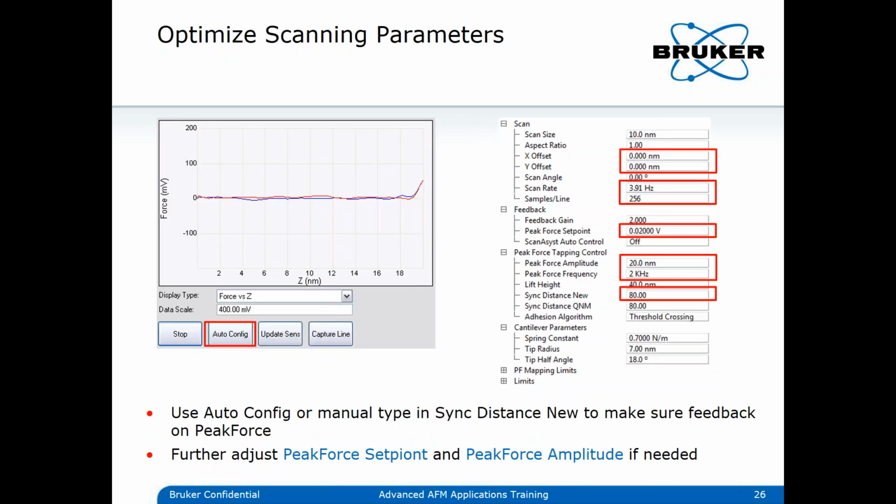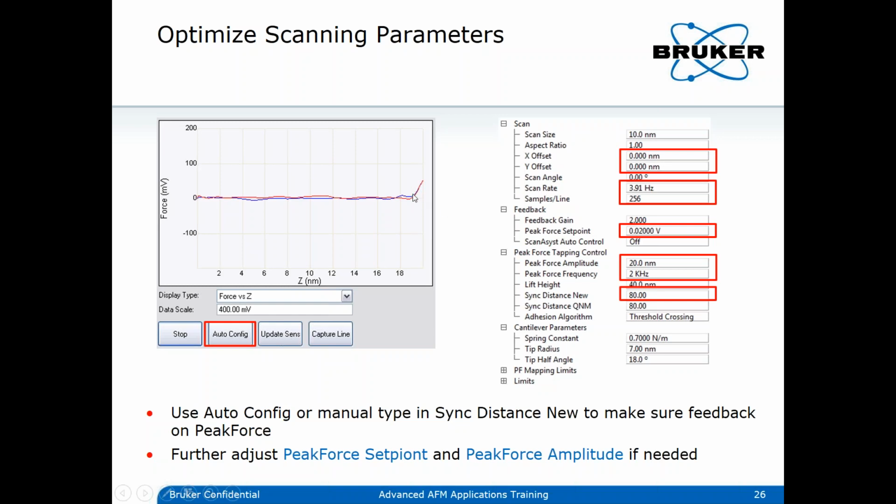When you're on the surface, you use the auto config button in the force monitor to adjust your sync distance new to make sure that you have a good feedback on the peak force. If it's not easy to do that with the auto config, that it's not stable enough, then you would have to do it manually, and you type in a value then for the sync distance new and see until the